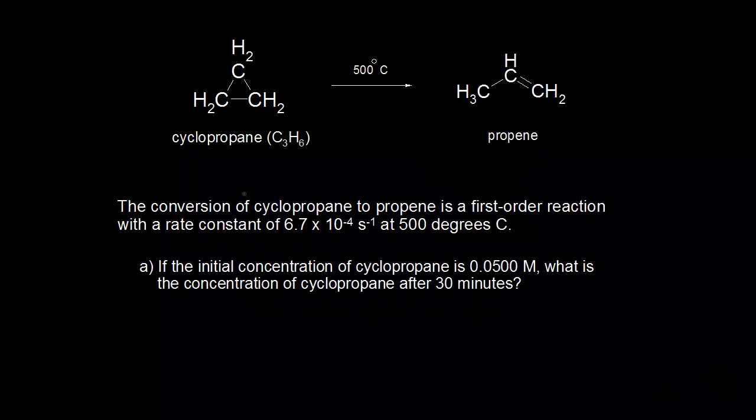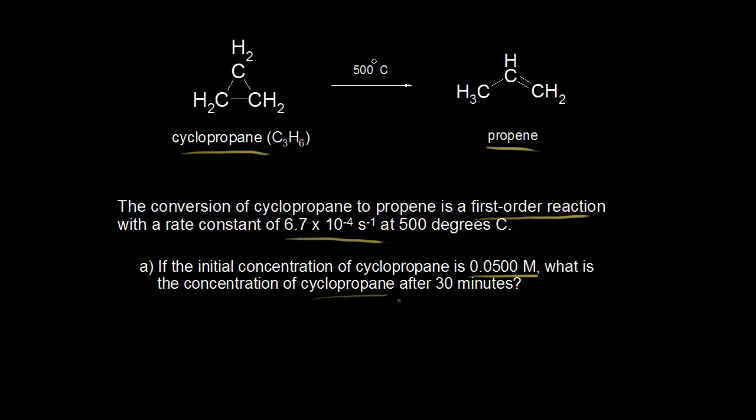We've already looked at the conversion of cyclopropane to propene and shown that it's a first-order reaction. And we also found the rate constant at 500 degrees Celsius in an earlier video. And so the rate constant is 6.7 times 10 to the negative 4, 1 over seconds. And so in part A, if the initial concentration of cyclopropane is 0.05 molar, what is the concentration of cyclopropane